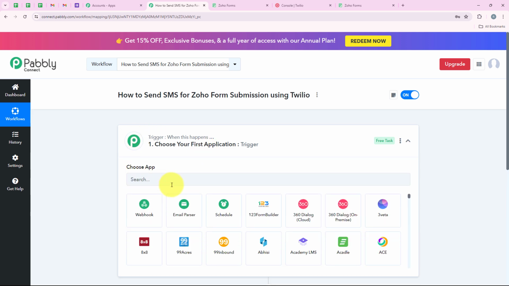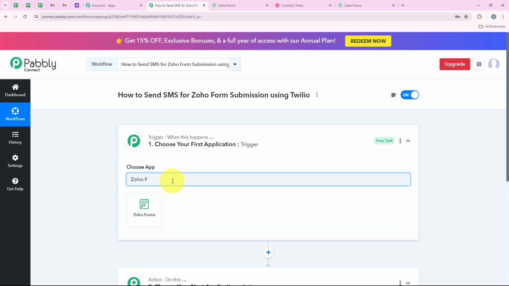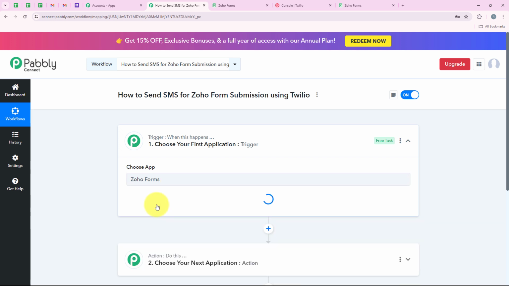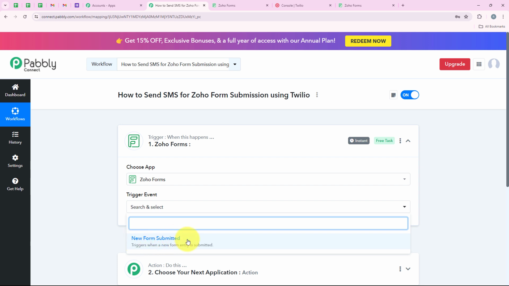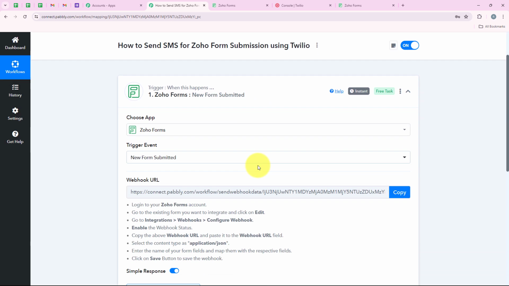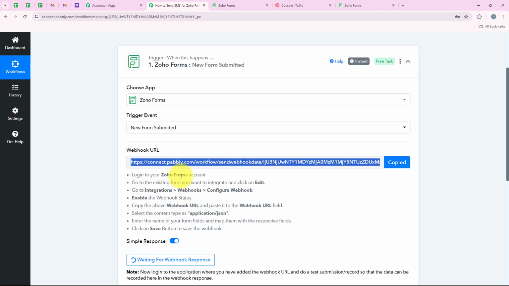So now I'm going to select my trigger application, which is Zoho Forms, because I want that as soon as a new Zoho form is submitted, automatically my workflow should be triggered. So I'm going to search for it and then we are going to select it. And now for the trigger event, we are going to select it as new form submitted. And over here you can see that it is giving me a webhook URL. So we are going to use this URL in order to create a connection between our Zoho Forms account and our Pabbly workflow. So first I'm going to copy this URL and then we are going to open our Zoho